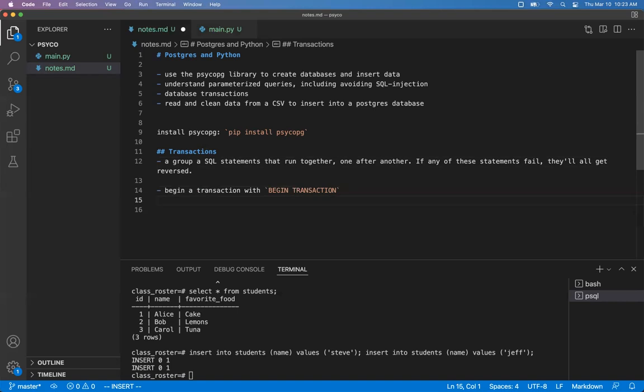And then when you're done, you can actually save them to the database with commit, just another SQL command. So this actually commits the transaction. However, if there's a problem anywhere, if something fails,